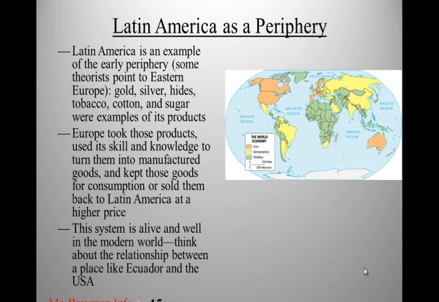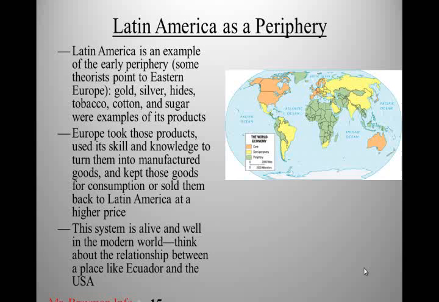And going back to our idea of the world system, right? I mean, Latin America is an example of the early periphery, perhaps the earliest example of the periphery, although some theorists point to Eastern Europe as being the first periphery. But if we accept Latin America as the first periphery, because it's shipping out gold and silver and hides of animals and tobacco and cotton and sugar, it's sending all those things out to Europe, and Europe is taking it and working it into finished goods like furniture or clothing or processed sugar or things like that. Oftentimes they sold those things back to Latin America at a higher price, and